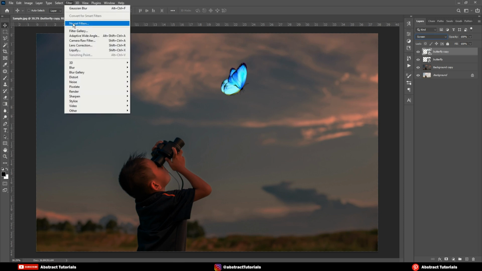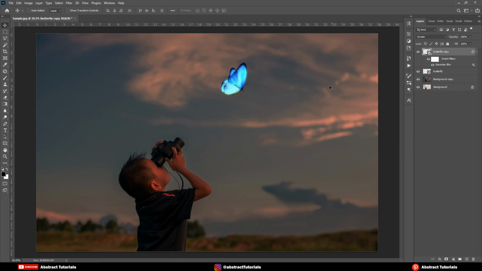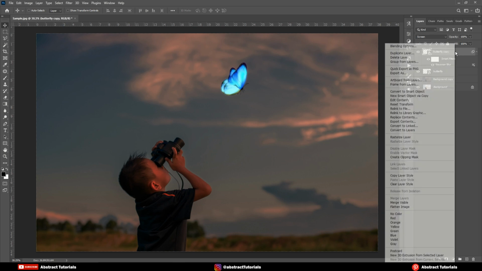Go to Filters, Blur, Gaussian Blur. Here keep the radius at 10. Right-click on the upper layer and click on Duplicate Layer.